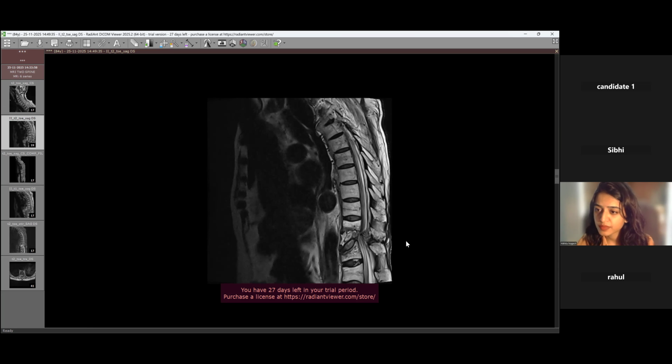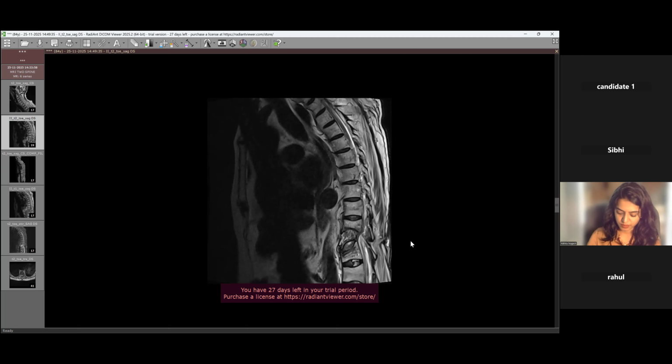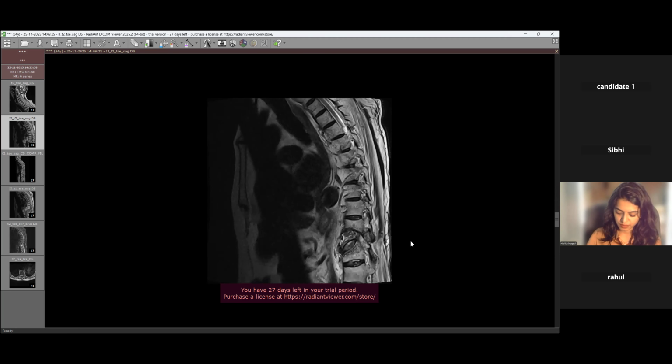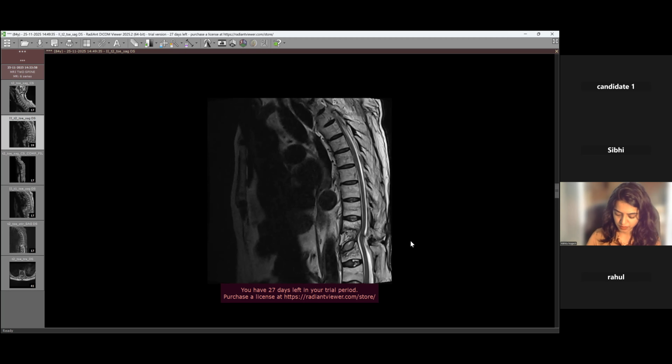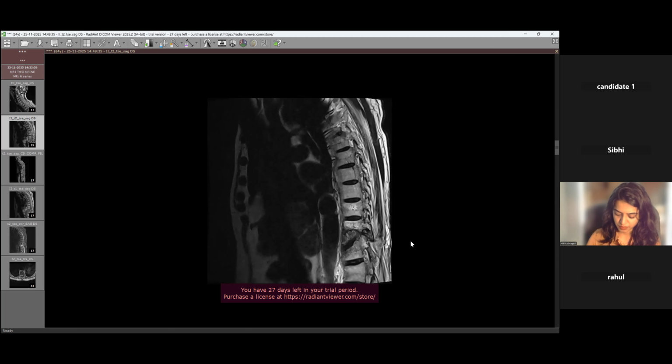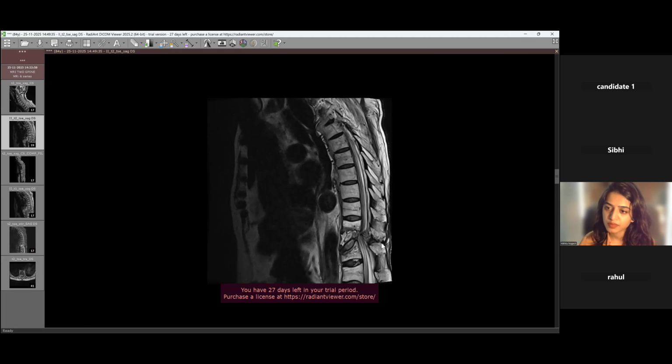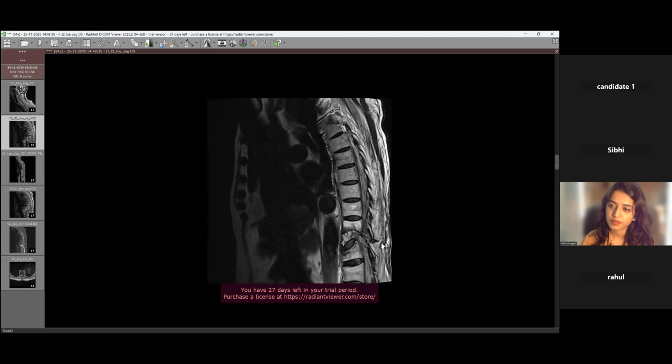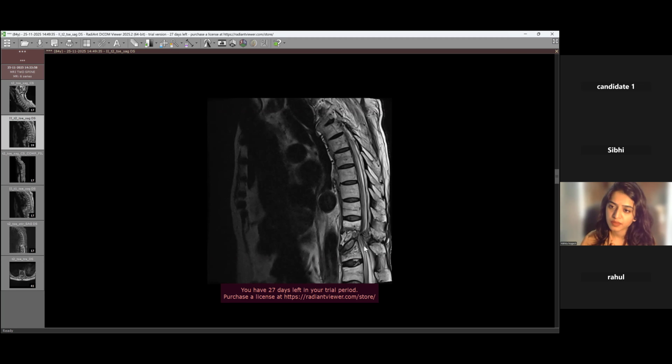Okay, there. All right. So there is also an abnormality, a kind of anterior dislocation of the vertebral segment there, which is causing the posterior elements to move forward, and it is causing compression of the thecal sac posteriorly and of the cord too. So the vertebra is quite distorted. However, if